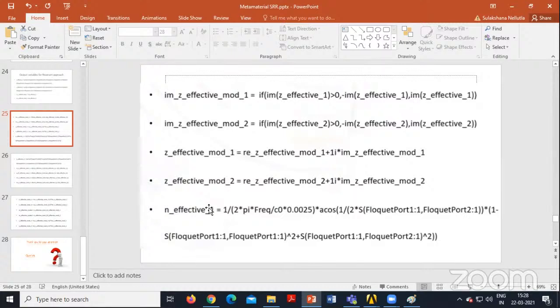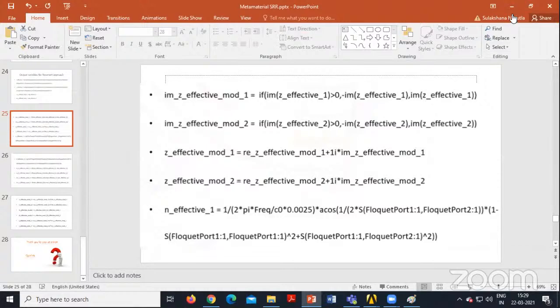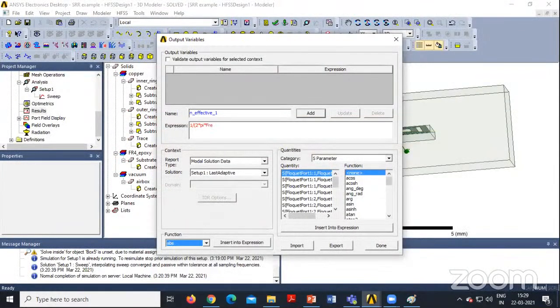Okay, I'm not calculating Z effective. I'm trying to calculate this. So N effective underscore 1 is equal to, renaming this as N effective underscore 1, the expression is 1 divided by open braces, 2 into pi into frequency divided by C naught, into